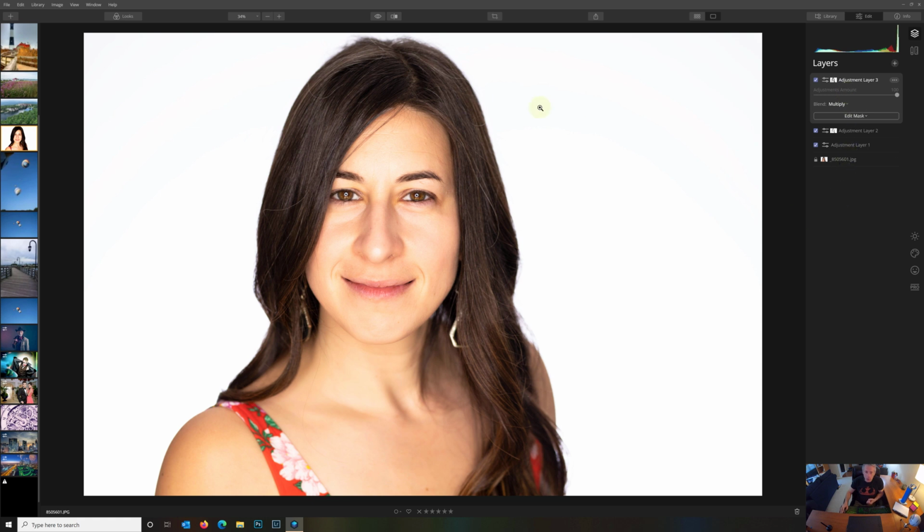Basically what we're doing is a little bit of a cheat, dodge and burn here. So let's just look at what we've done so far. So that's our before and our after. And now what we can do here is, on this screen layer, we can go here